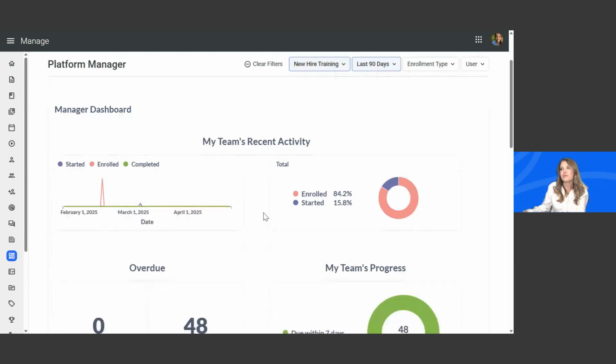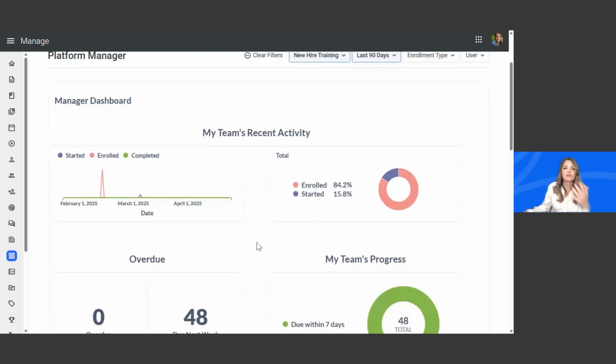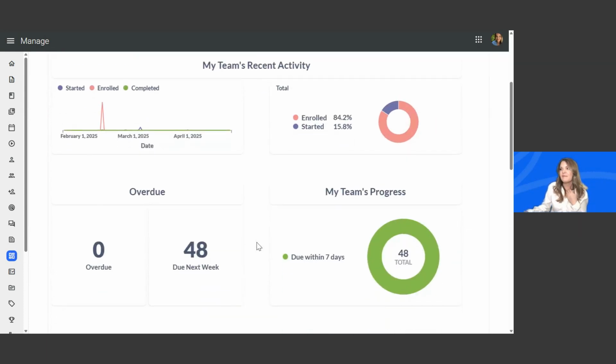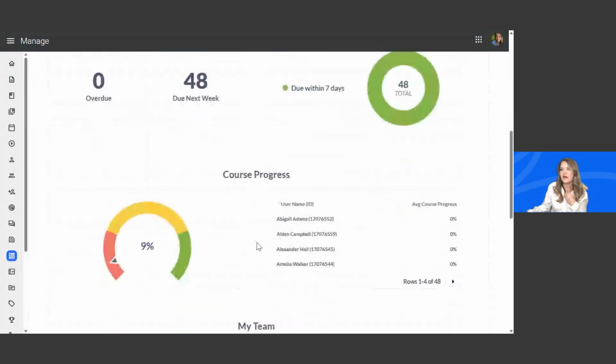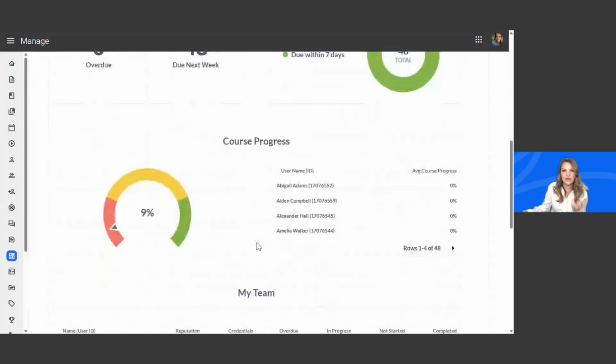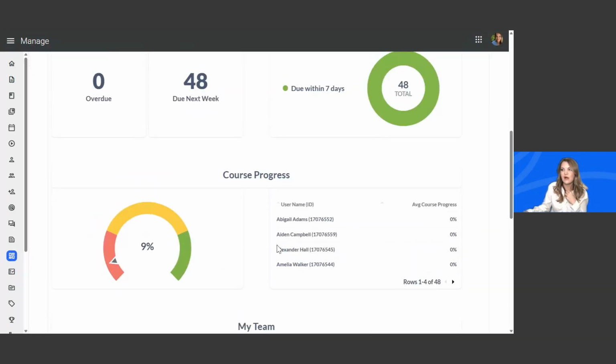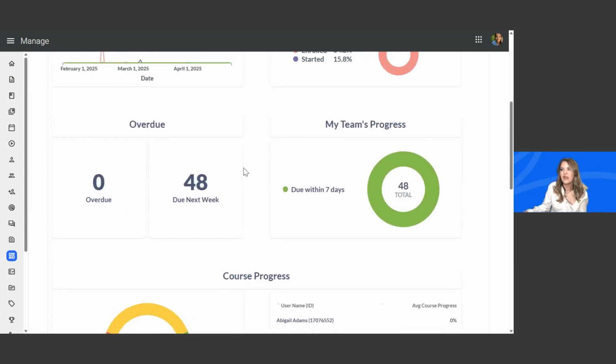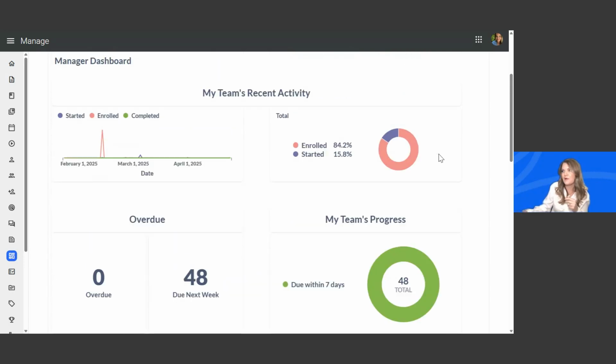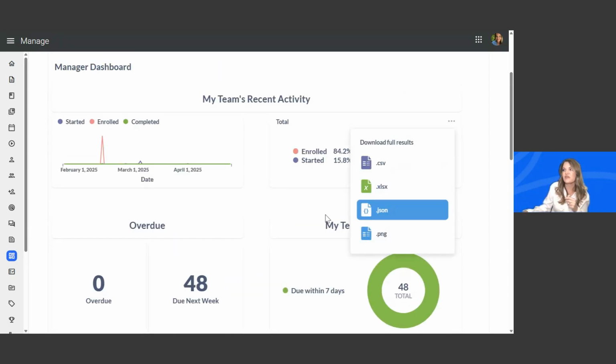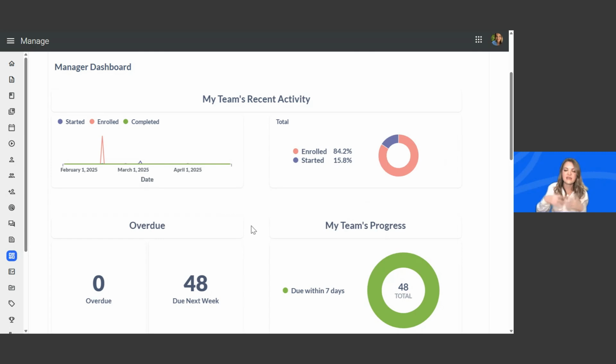And that's going to show me the enrollments, percentage progress, my team's progress, and then average progress for the team as well, so you can get an idea there. You can export these as images. You're able to do that really simply by clicking on this, and you can actually see this as an image and use it as part of your slideware if you're giving a presentation to stakeholders,